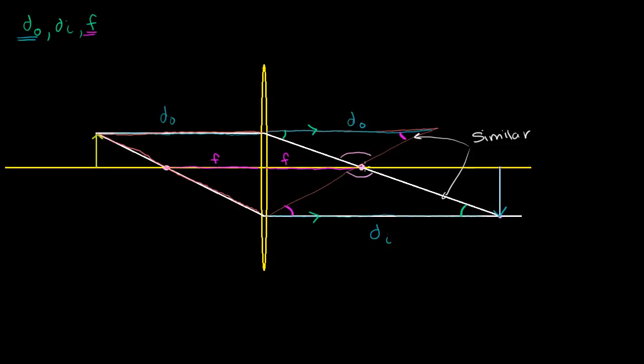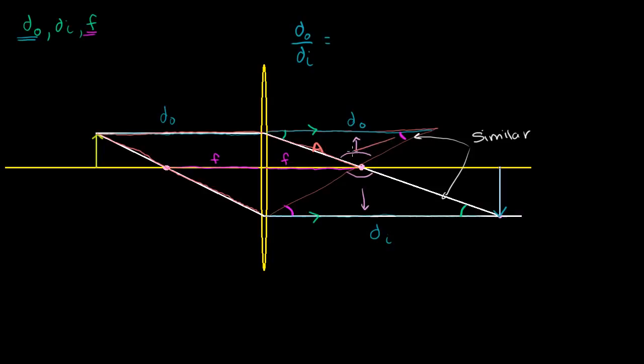So D naught corresponds to this. They're both opposite this pink angle. So the ratio of D naught to D1, the ratio of corresponding sides, is going to be the same thing as the ratio of this side right over here, which I'll call A. It's opposite